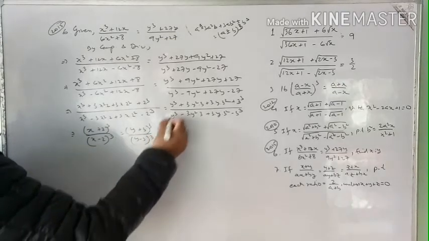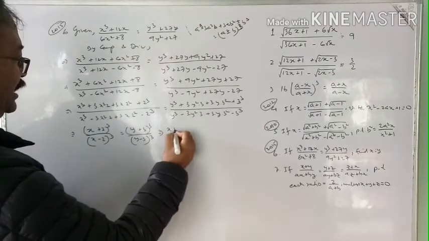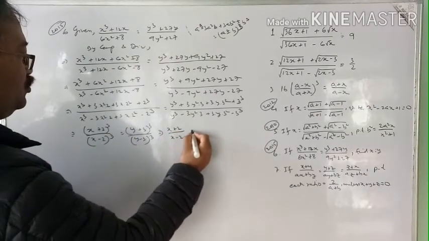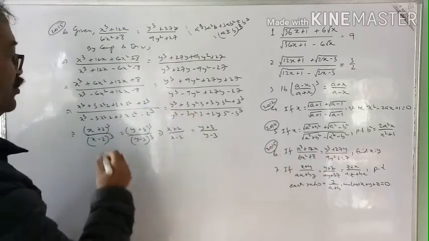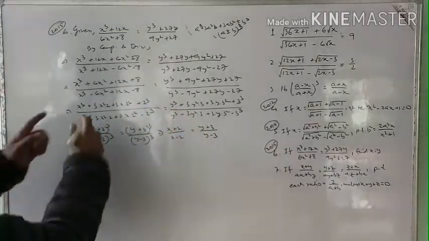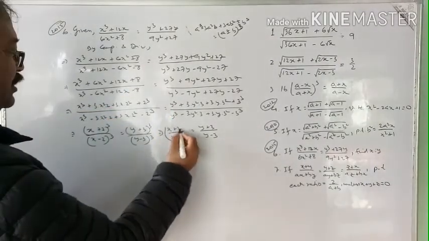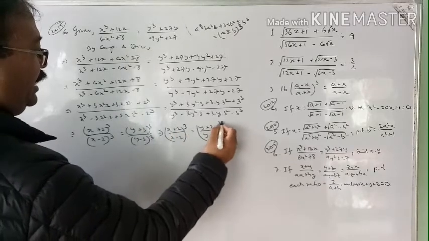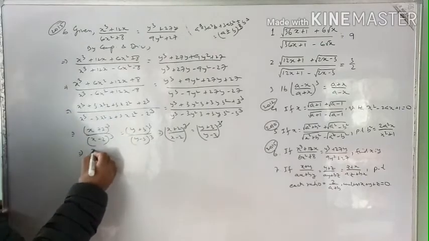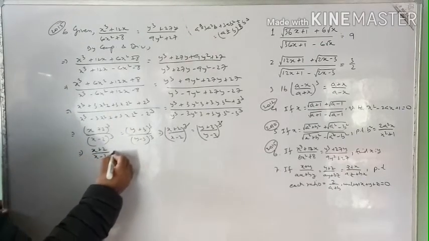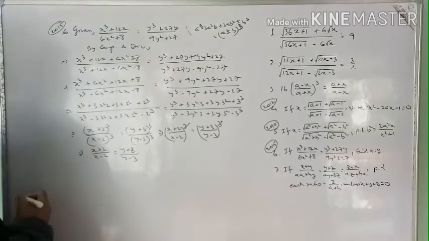Okay, using the formula. Now this power can be cancelled from both sides. You get x plus 2 by x minus 2, y plus 3 by y minus 3, because power is same everywhere, so you can cancel from both sides. You can write it whole cube both sides and cancel. Okay, if you don't understand, you can write this as whole cube and cancel the power from both sides. So you get x plus 2 by x minus 2 equal to y plus 3 by y minus 3.